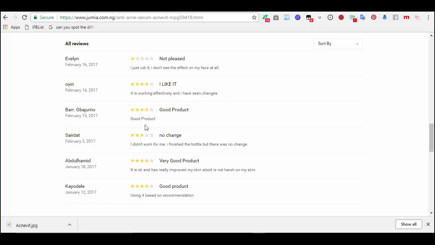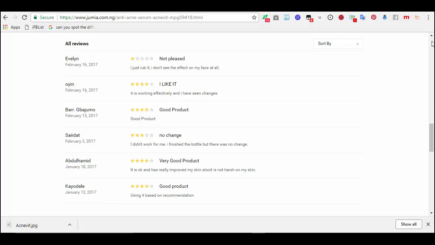One, good product. Two, it didn't work for me. That is two. It's okay and has really improved my skin a lot. It is not harsh on my skin. Three, using it based on recommendation. Four, good product. Can you see? So we have four versus two, so it means the product is good.